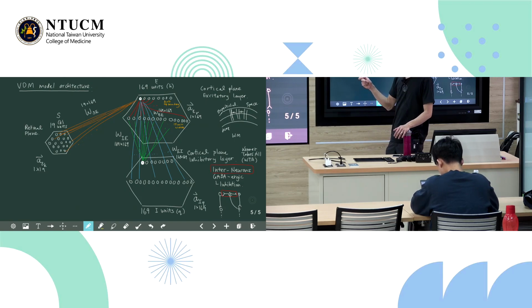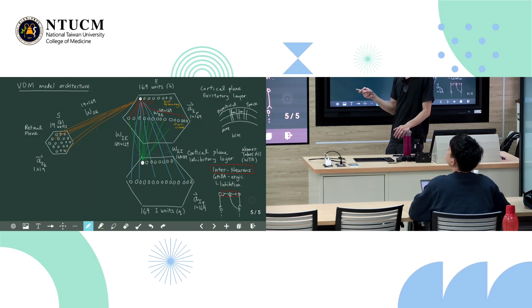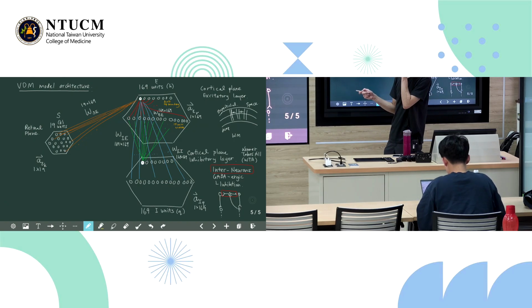That is basically 169 units as the next efficient expansion from the 19 unit encoding. And you get this array then. W_SE, stimuli to excitatory layer, is a 19 by 169 array. And this is the excitatory units vector. Then they project to the inhibitory units using the array W_EI, excitatory to inhibitory, which is 169 squared. And then the inhibitory units project back to the excitatory layer.